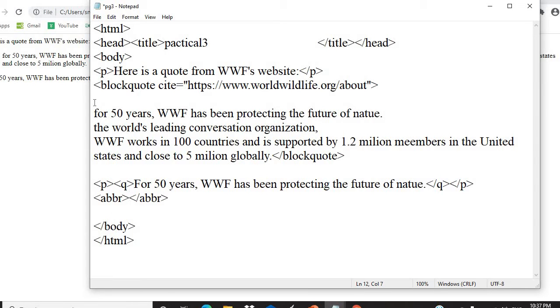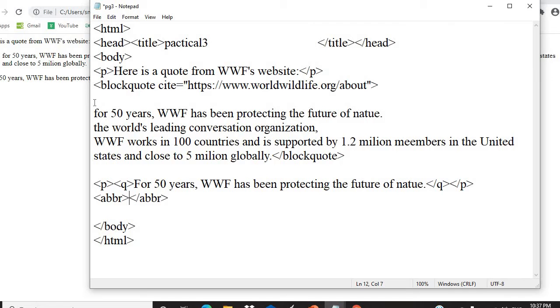Abbreviations are, for example, HTML, CSS, Mr., Mrs., Doctor. Such kinds of abbreviations can give useful information to the browser, translation systems, and search engines. Use the global title attribute to show the description for the abbreviation when your mouse is over that particular element.